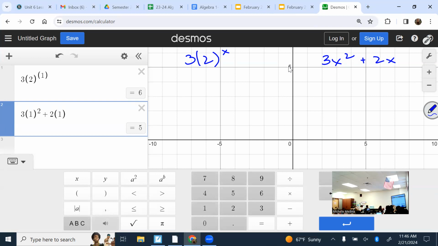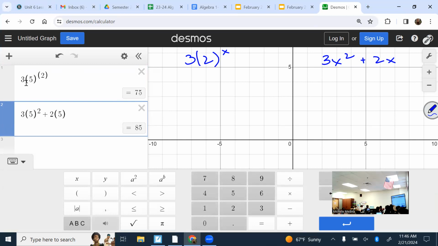Okay. So I would say that the answer could be 1, but it's not 1 on the key because it's already greater than the other one, if you can see that. But what my key is showing me is that when I plug in 2, the exponential is less than when I plug in 3. The exponential is still less than when I plug in 4. The exponential is still less than. But then when I plug in 5,